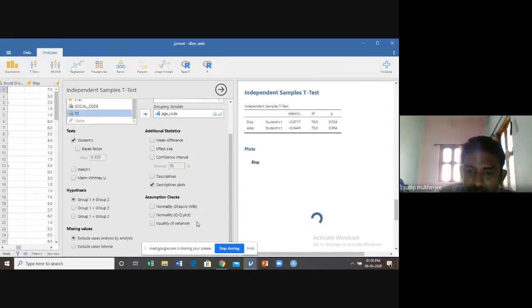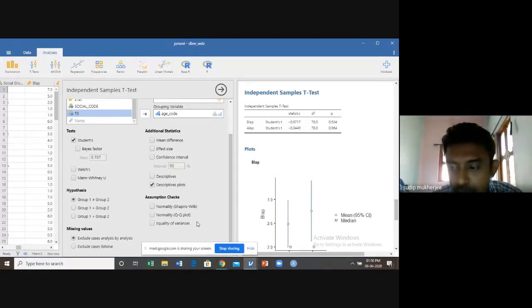I am not going into details on the normality check, QQ plot or equality of variance because time is limited in this particular workshop. The time is very short. Within 1.5 hours, it is not possible to elaborate the entire statistics. So I am not going through the entire statistics. I just show the basic steps of how you can perform it.